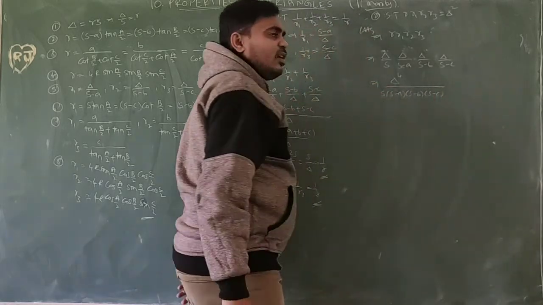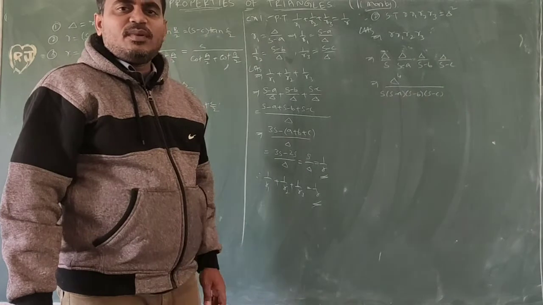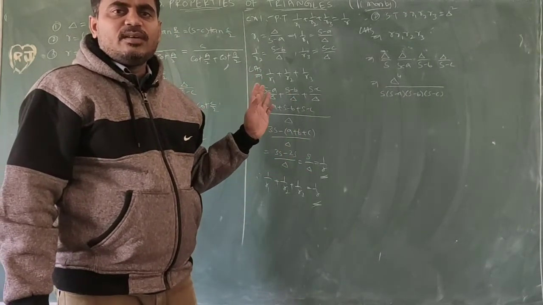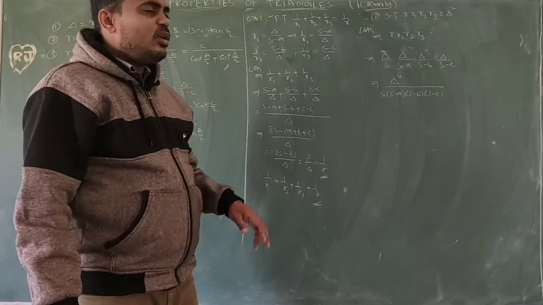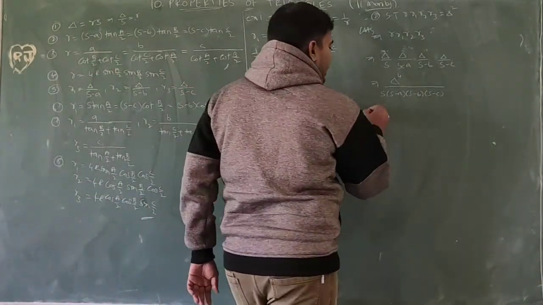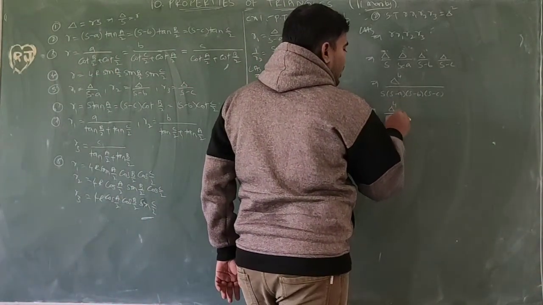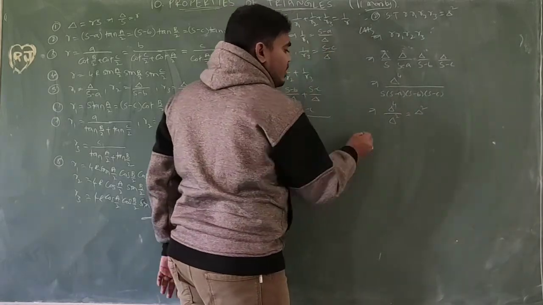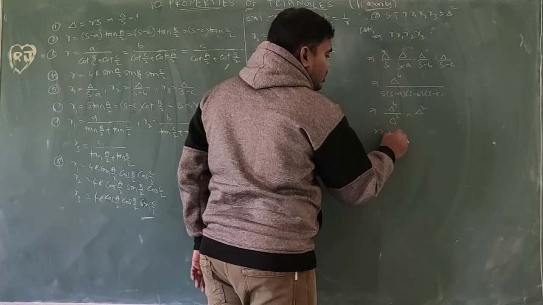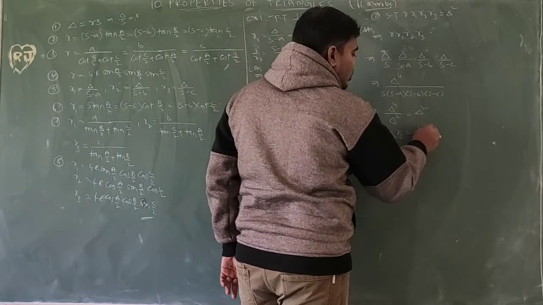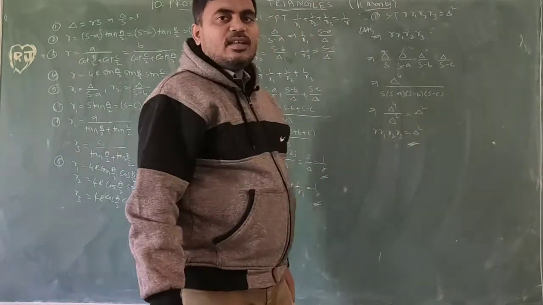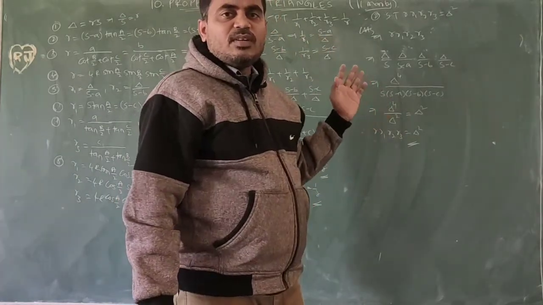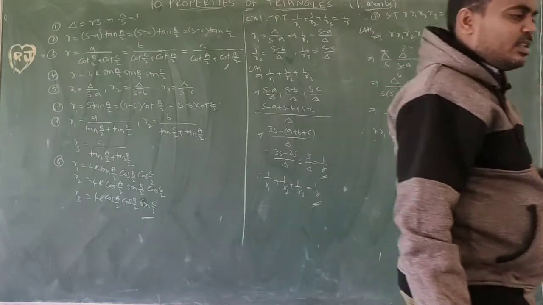So we have Heron's formula. What is Heron's formula? Under root of s of s minus a of s minus b of s minus c equal to delta. Actually here it doesn't contain the root, so it is area square: delta power 4 by delta square. Delta square cancels, so we will get delta square. Therefore r r1 r2 r3 is equal to delta square. So this is the solution. These two formulas are also very important. We must remember. Okay. Next question.